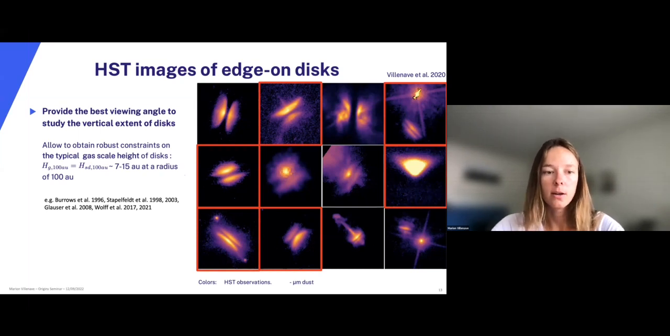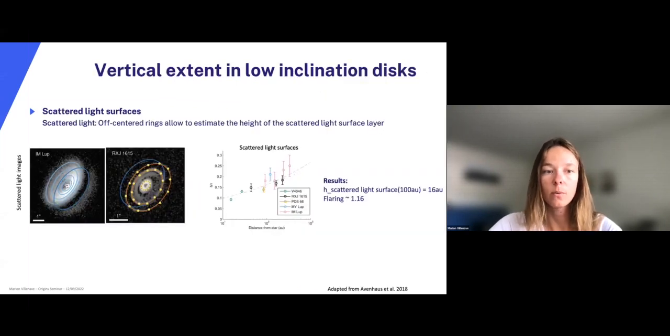But edge-on disks are not the only disks for which we can estimate the vertical extent of the small grains and the gas. Lower inclination systems with rings can also be used. So here I'm showing an example of one way of estimating the vertical extent of a disk from scattered light observations, based on a paper from Henning House. In this paper, he used the fact that